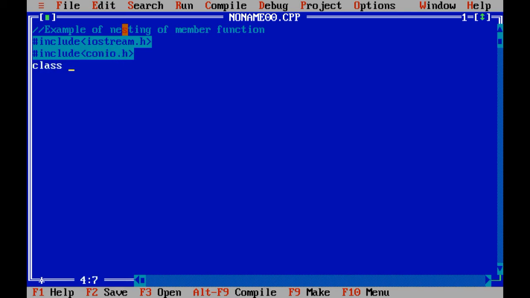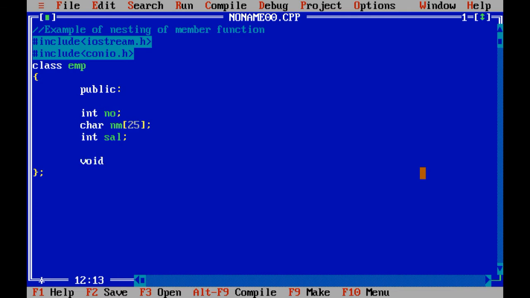Now we are going to develop the class employee, and semicolon. Now the public keyword, because we know that the variables or data members of a class are private by default, so we need to make it public. Then three variables we are going to declare inside the employee class: the integer number, character nm[25], over here you can also use the pointer, and then integer salary. So these three are the variables which are declared inside the class employee.